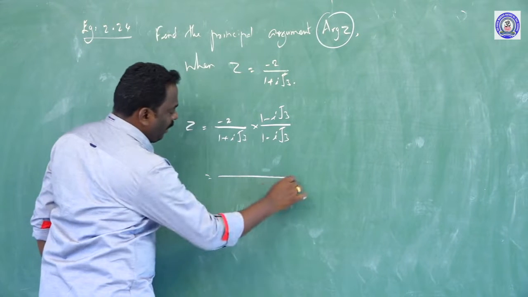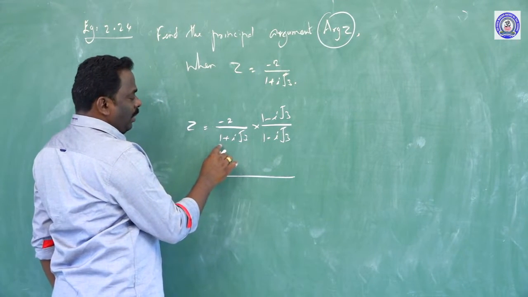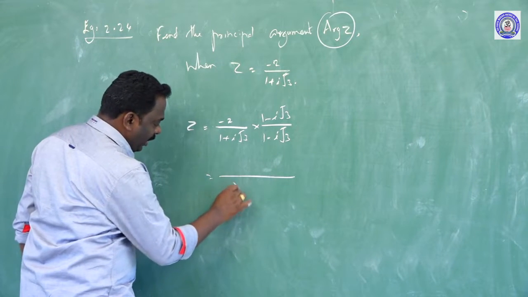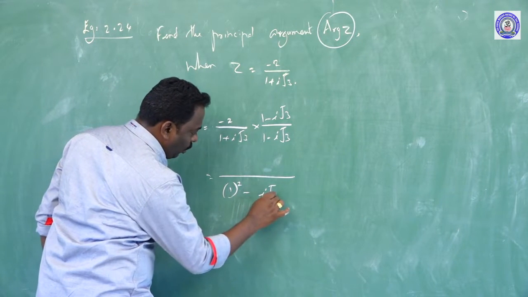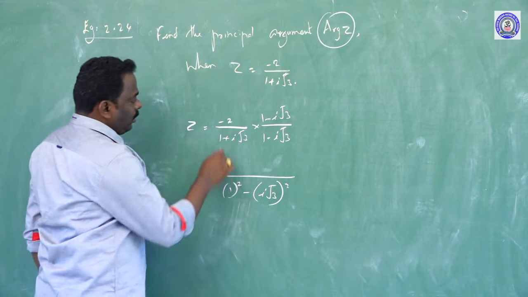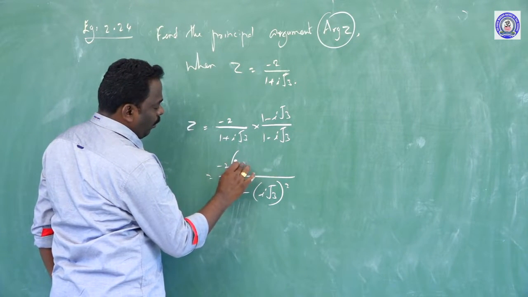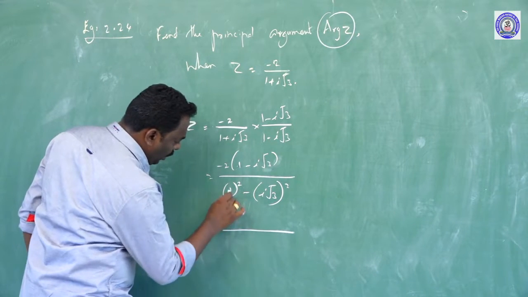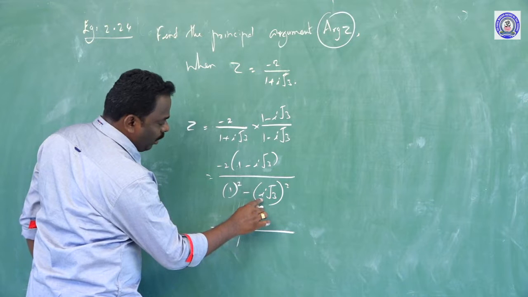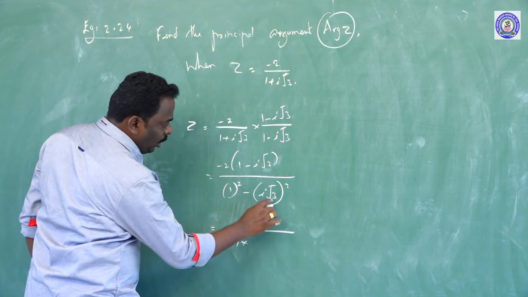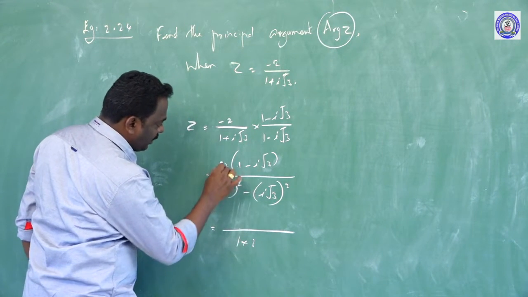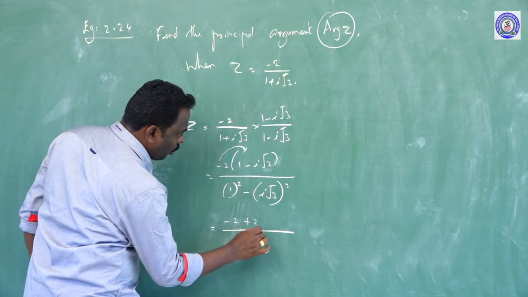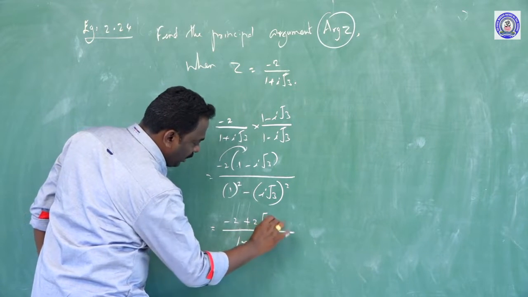Now, applying the a plus b, a minus b form, which is a square minus b square, with a equal to 1 and b equal to i root 3. Therefore, the denominator is 1 square minus (i root 3) whole square. Multiply minus 2 into 1 minus i root 3. That is 1 square equals 1, i square equals minus 1, minus times plus root 3 and root 3. Multiplying inside the bracket, minus 2 times minus gives plus 2 root 3 i.